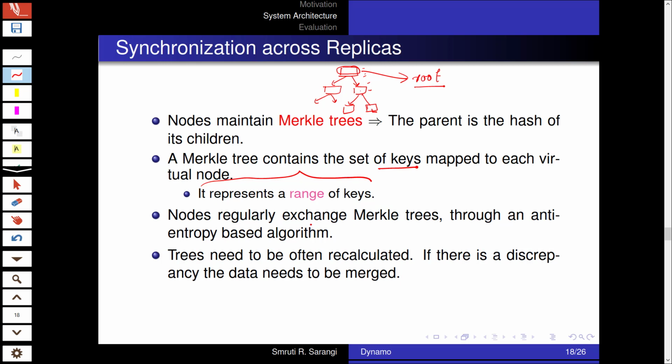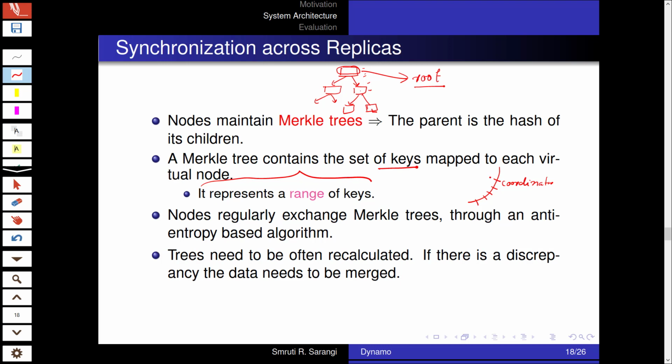So nodes regularly exchange Merkle trees via an anti-entropy based mechanism. And why is that done? Well, the reason that is done is that, let's see if I have the coordinator over here, and then I have a set of replicas which also contain the data for this zone. So it is possible that over time, because of lost messages in the network, the data can go out of sync.